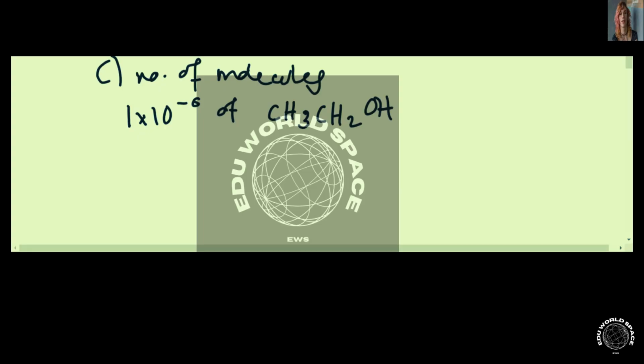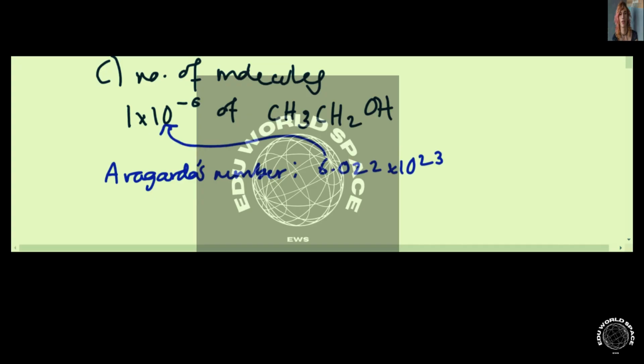And whenever a question asks for molecules, just think of Avogadro's number, right? It's very necessary here. If you multiply Avogadro's number with the moles, you should easily get the number of molecules. And in that case, it would be,